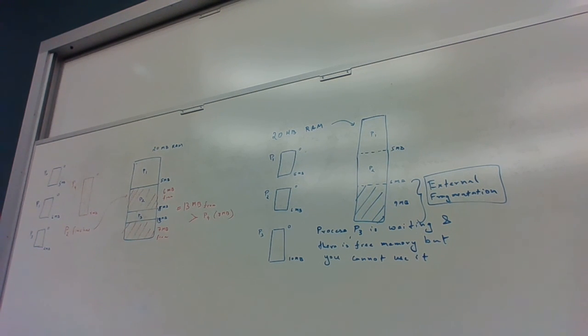If P3 finishes, you can execute. But P3 doesn't finish, P2 finishes. That is another form of external fragmentation. Contiguous memory is used in certain systems, but we'll talk about that